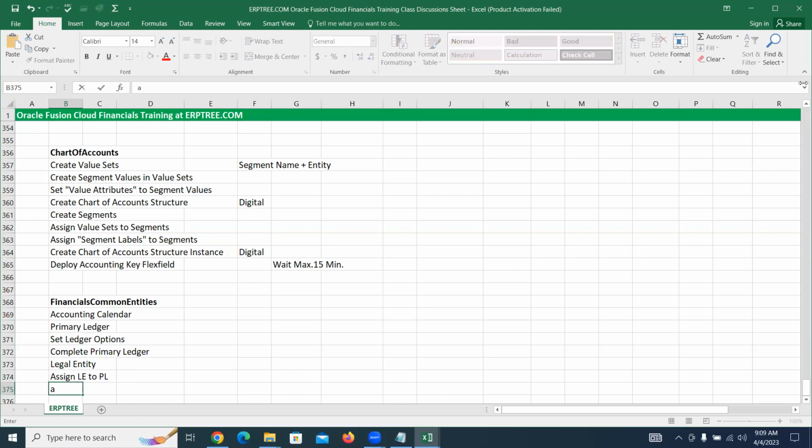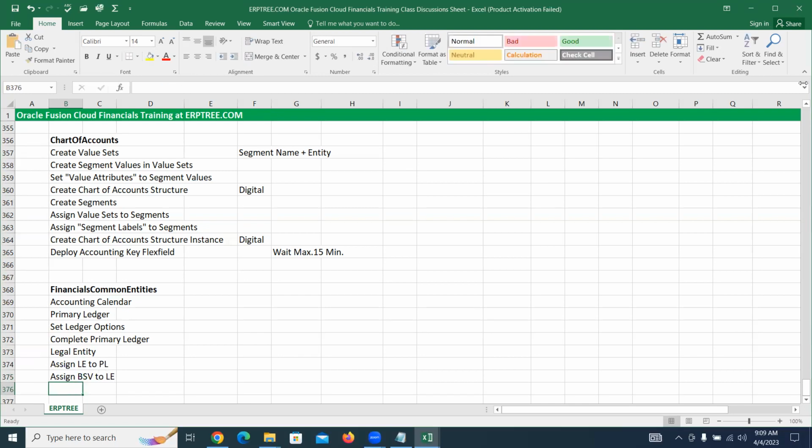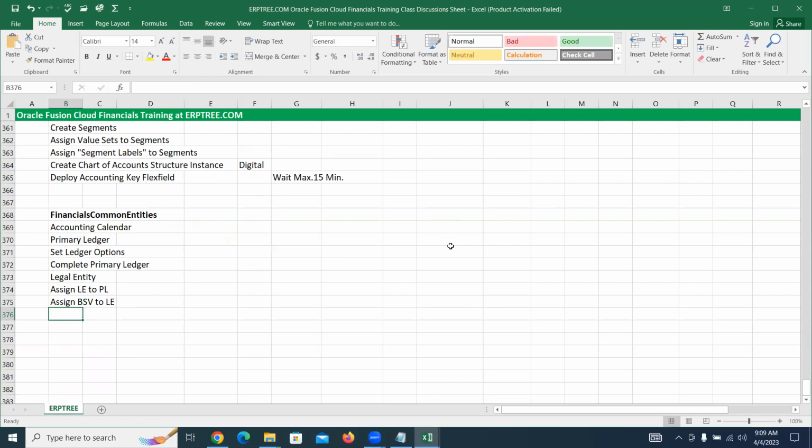And it will assign balancing segment values to the legal entity. Also, it will create the business unit, and it will complete the business unit business functions assignment. So assign the primary ledger under